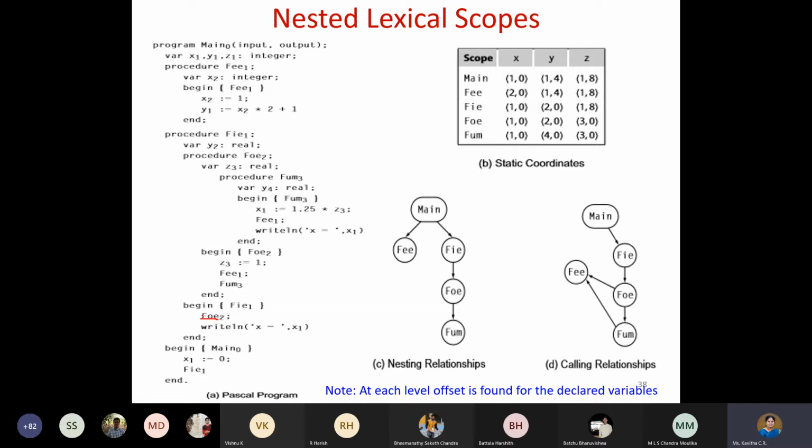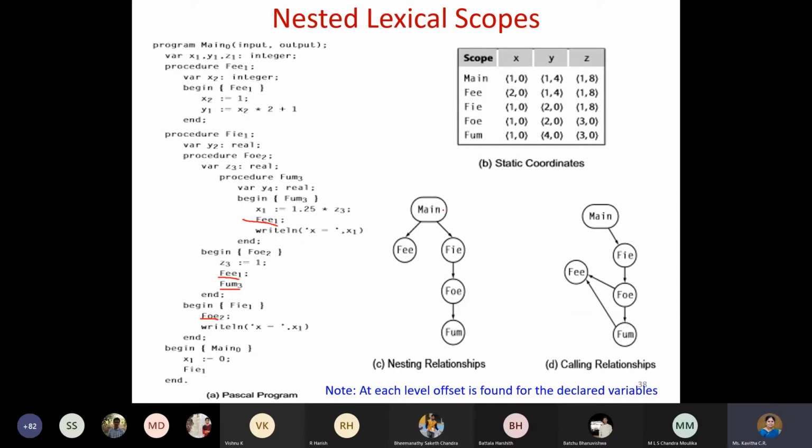And then once you enter the body of FOE, body of FOE is here. The first call would be FEE. It will complete that and return back. And then the next call would be FUM. So FUM, and it will return back. Where will it return back? It will return from wherever it was called. It will return back there, and then it will continue its execution. So it comes back over here, and then when you run through the FUM, what happens? It is once again calling FEE. So that's the relationship shown here. From FOE also FEE is called, and from FUM also FEE is called. So that gives the depth, and also it gives the calling sequence.